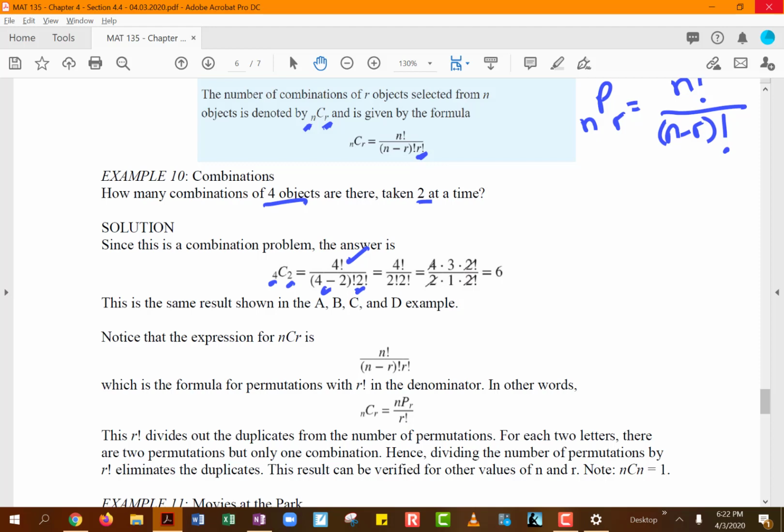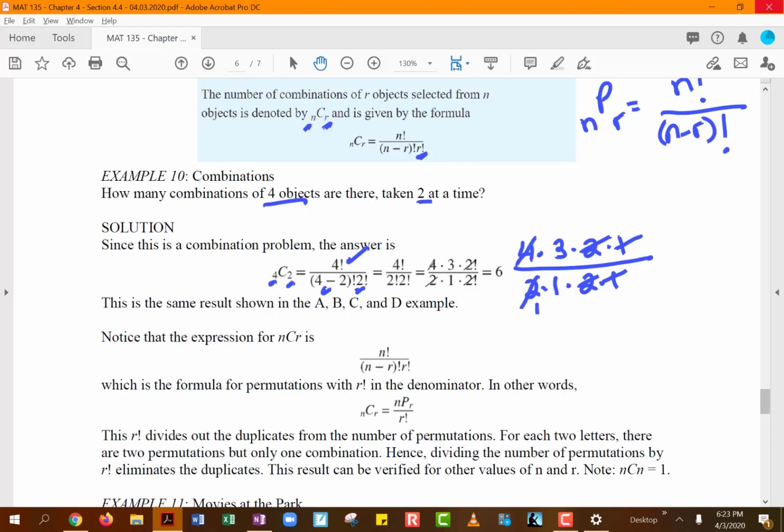You know what, I'm gonna write this out so you can see what they are doing. So we have 4 times 3 times 2 times 1 on the numerator, and then you have 2 factorial times 2 factorial on the denominator, right? So 2 times 1 can cancel each other out, and this is what they're showing you here. This 2 cancels itself out with this 4. 4 goes into 2 times, and you are left with 2 times 3, which gives you the total of 6